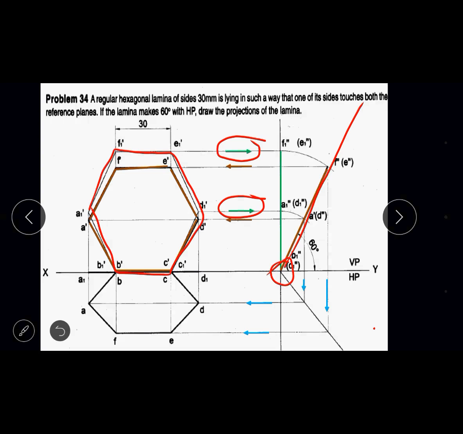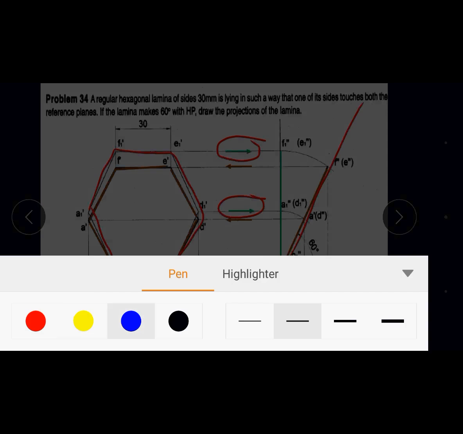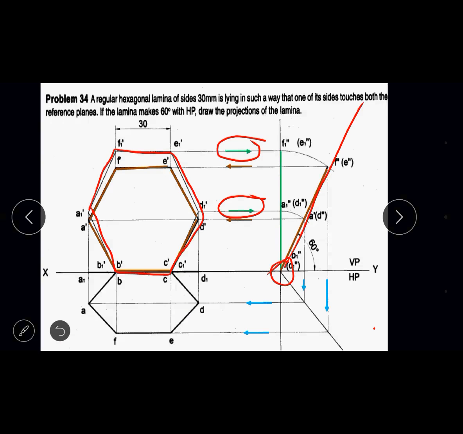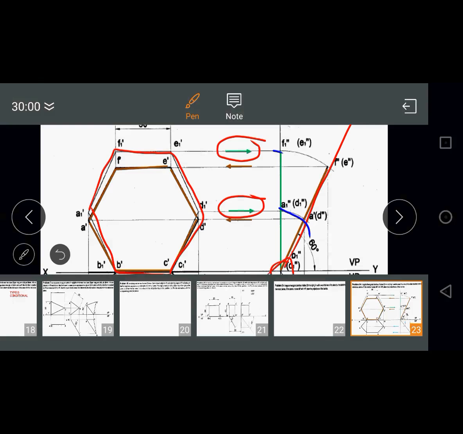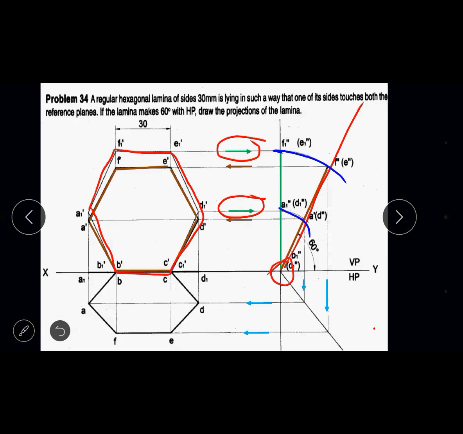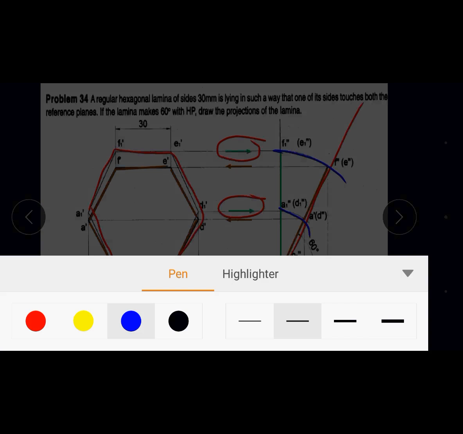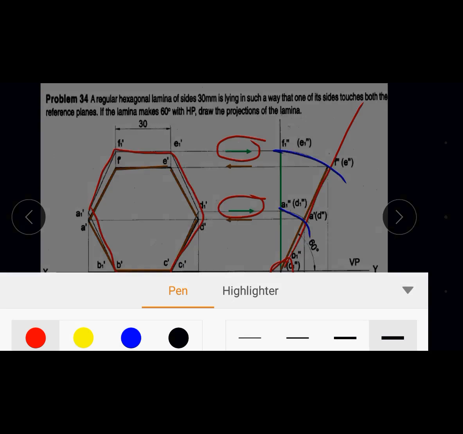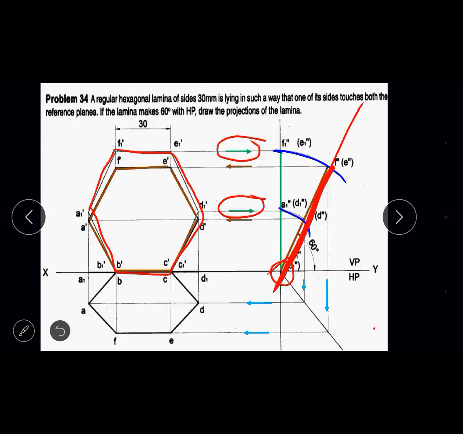Then after that, take your compass, keep your compass at the point of origin and keep it at A1 dash and E1 dash and cut an arc from here. Then again keep your compass at F1 dash and E1 dash, cut an arc over this 60-degree line, and then join that 60-degree line, and then complete that side view. So erase the upper part and just make this part dark.